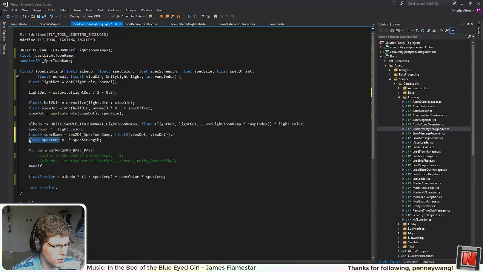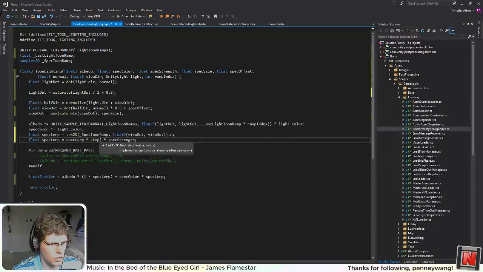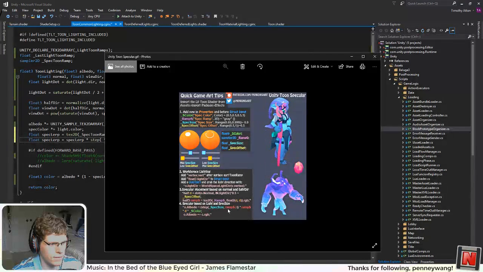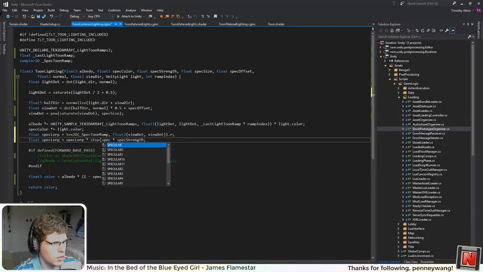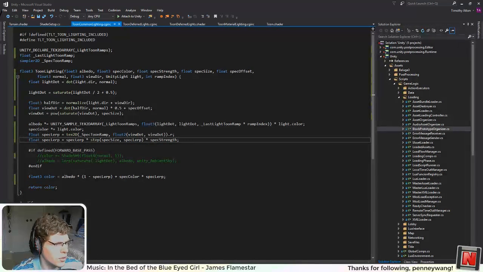I can just use specular lerp, no reason to save it. And then specular lerp equals times step specular size, and then the ramp and then the strength, which is my own variable, but